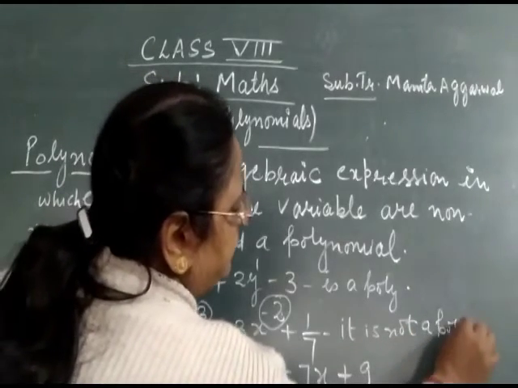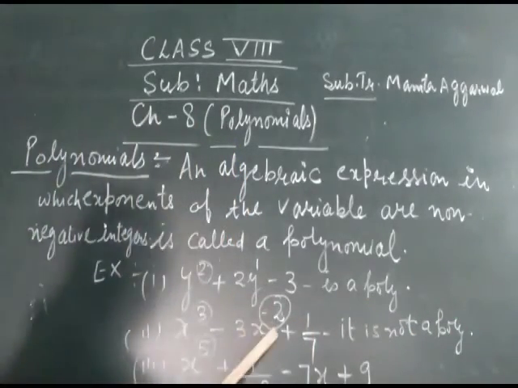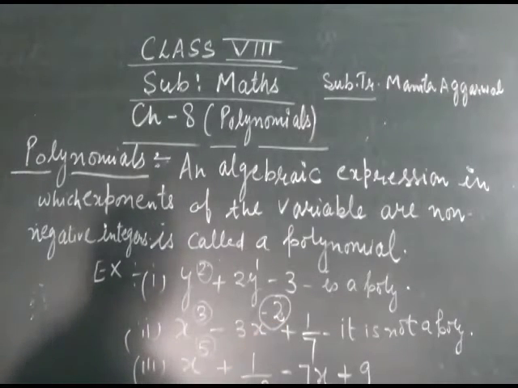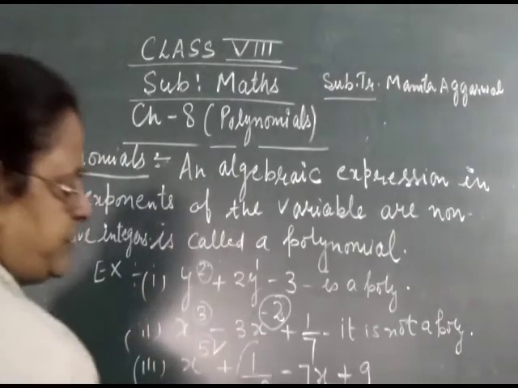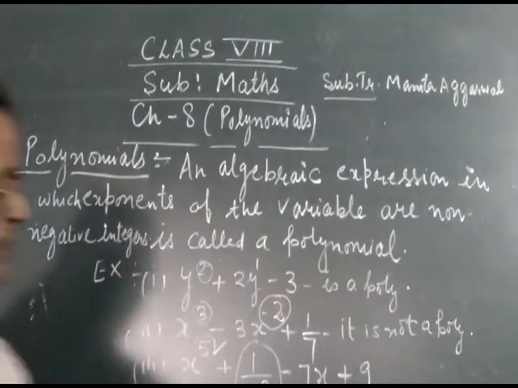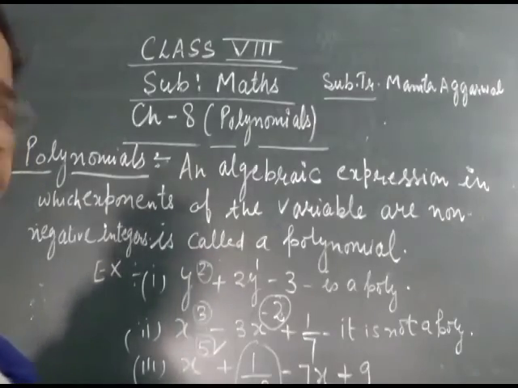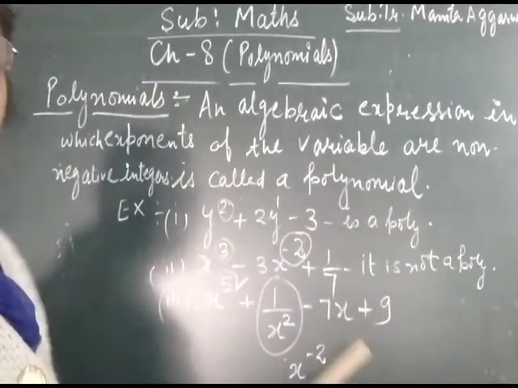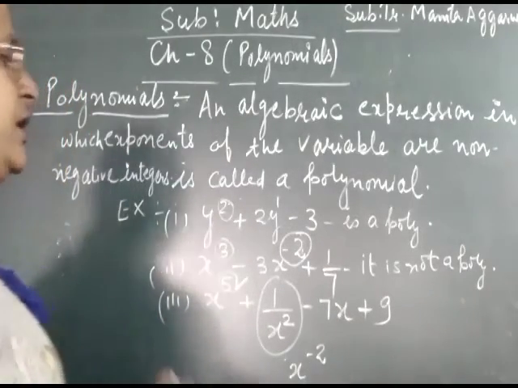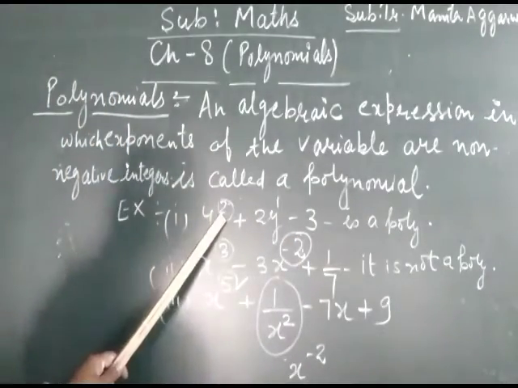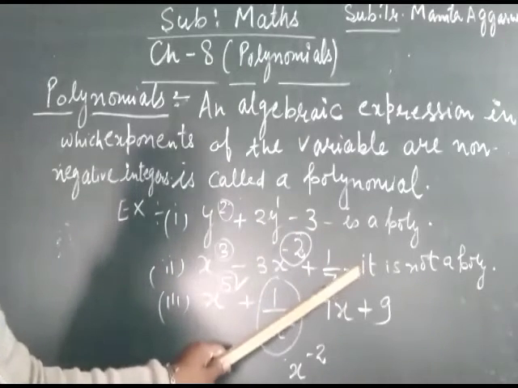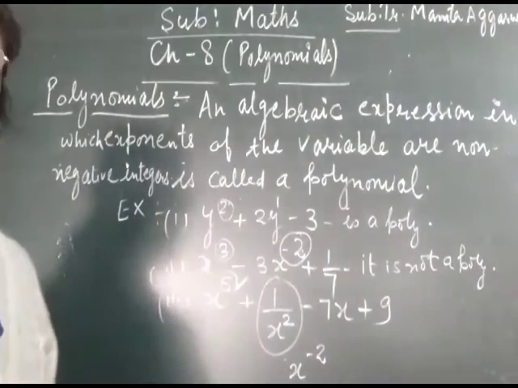In a polynomial, we cannot take any negative degree or any negative exponent. Now thirdly, here this exponent is positive, but here I have written 1 upon x square, meaning x power minus 2. If we reciprocate it, it becomes x power minus 2. So this power is negative, so it is not a polynomial again. So only an expression in which all the variables have positive exponents is a polynomial, otherwise it is not a polynomial.